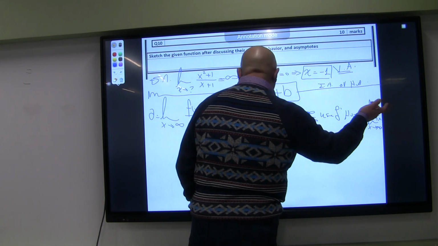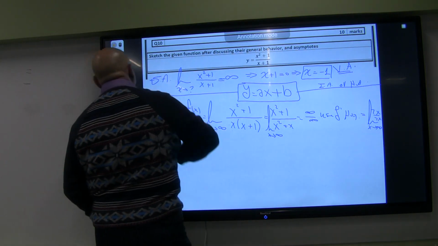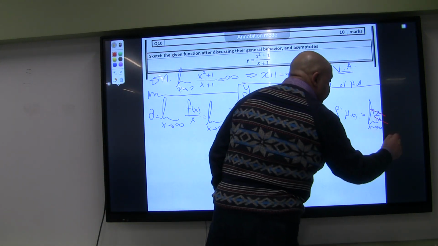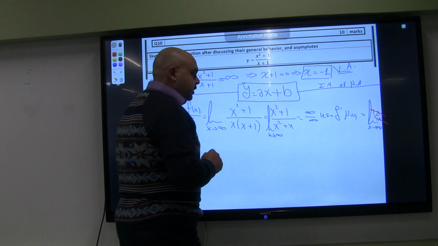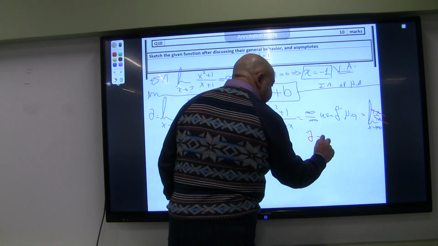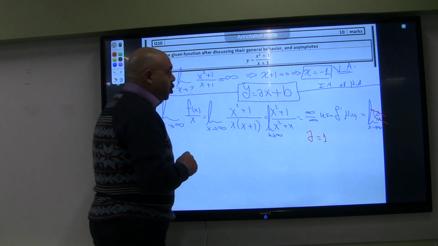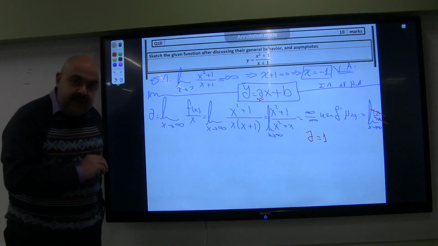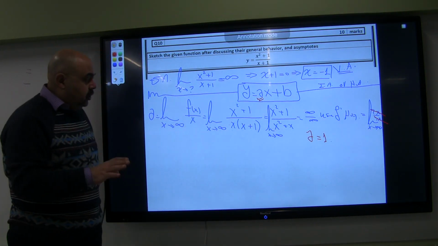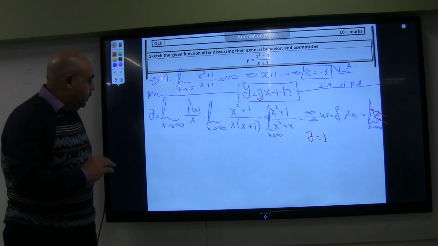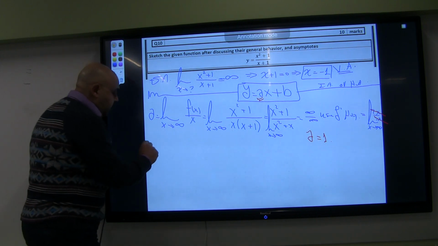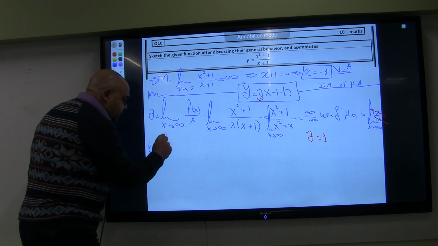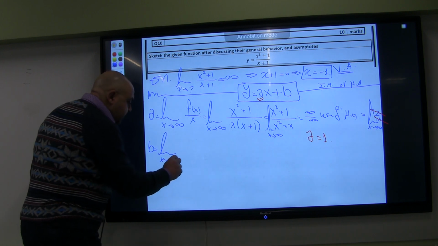Take another derivative, or simply simplify the numerator and the denominator, and you will end up having a equal to 1. Since a appears, that means we don't have a horizontal asymptote. We have only an inclined asymptote. Now I will try to get the value of b, which is simply the limit as x tends to